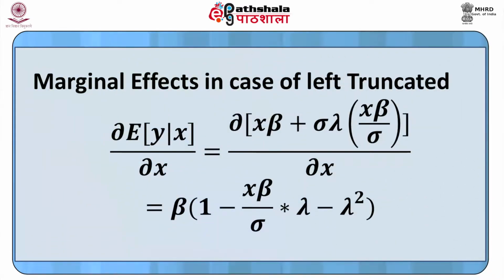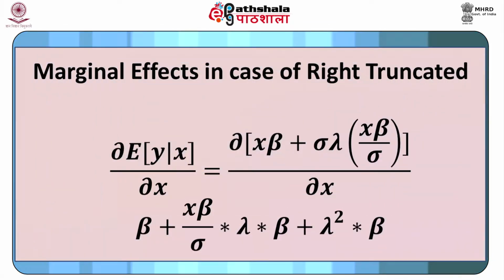Now marginal effects in case of left truncation can be expressed as the partial derivative of expected value of y given x with respect to x, which is equal to the partial derivative of x beta plus sigma lambda of x beta upon sigma, whole divided by partial derivative of x. Now this comes out to be equal to beta into 1 minus x beta upon sigma into lambda minus lambda